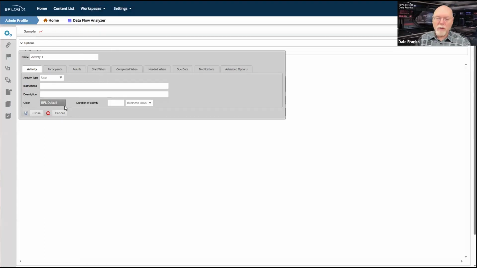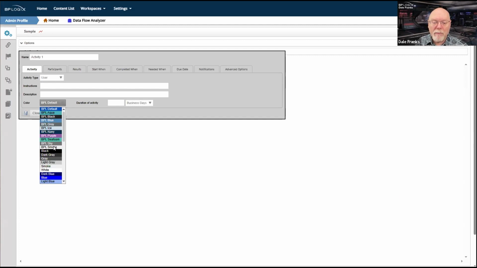Now, you may have a lot of colors that you want. For example, I have all of the BPL corporate colors that we use. So we have this color palette at BP Logix. I've added it in here. This is for branding and continuity purposes between forms so that we use all the same colors. So this is the way that it is still done.